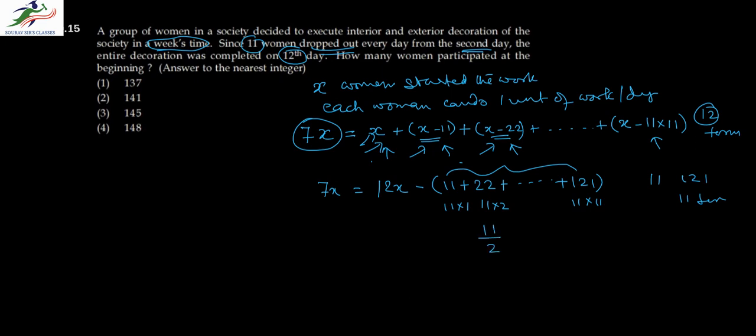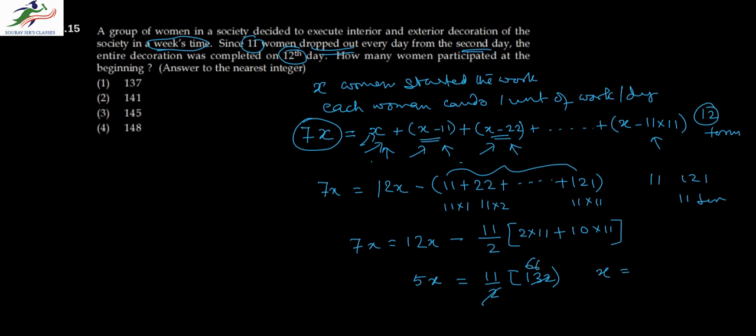So 11 by 2 into 2 times the first term, which is 2 into 11, plus the number of terms minus 1, which is 11 minus 1, that is 10, into the common difference, which is 11. So this is the sum of these terms, and this 12x minus this is equal to 7x. So we can get from this 5x is equal to 11 by 2, and 22 plus 110 is 132. So straight away we can get 66, and therefore x is equal to 66 into 11, which is 726 over 5,